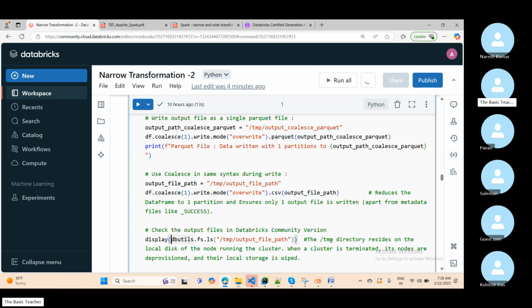Here I have commented that the temp directory resides on the local disk of the node running the cluster, whatever cluster we have started. And when a cluster is terminated, its nodes are deprovisioned and their local storage is wiped. So if you are writing some files right now,